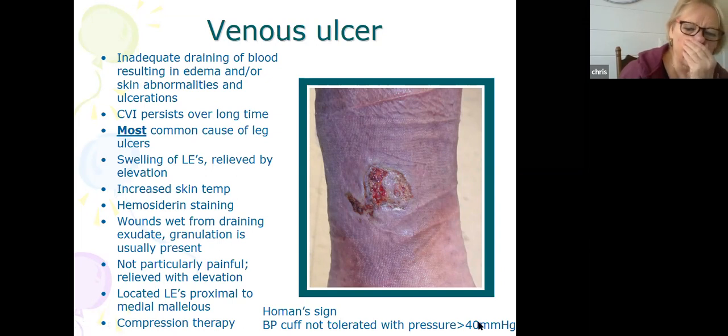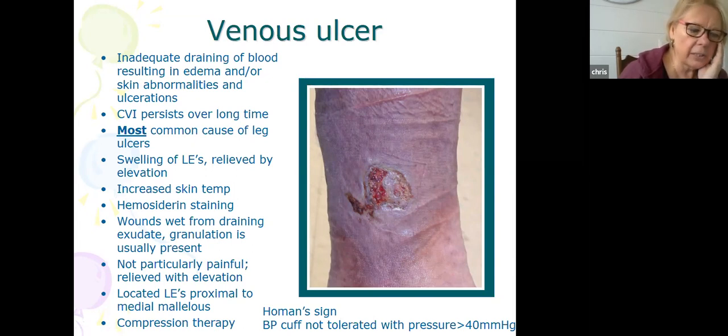Okay, these are things you probably won't do, but you may see. Somebody puts a blood pressure cuff on that patient, and they may also do this with a Doppler. And that pressure, it can't tolerate something over 40 millimeters. The patient has pain. Or Homans sign. Homans is pain in the leg when the foot is passively flexed. So a therapist sometimes does this. It's not 100% positive, but it is a test they use where they passively flex.